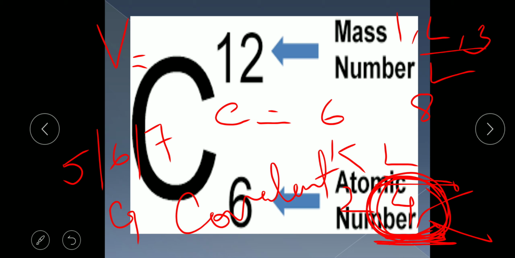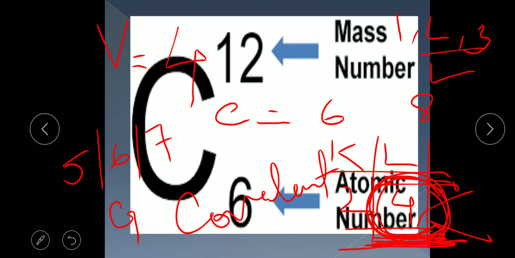Okay. So is it a metal or non-metal? It is a non-metal. Okay. So now we have to move to the next element. So its electronic configuration is 2 and 4. 2 electrons in the K shell and 4 electrons in the L shell. What is its valency? 4. Okay. Will it give the electron, take the electron, or share the electron? It will share the electron. Okay. Its nature is non-metallic. Clear? And it will form a covalent bond.